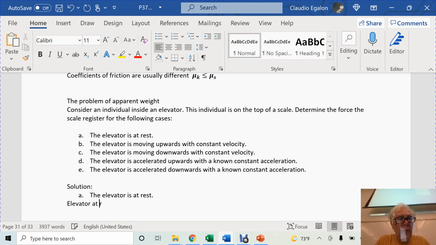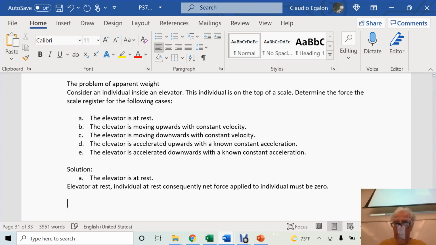Elevator at rest, individual at rest, consequently net force applied to the individual must be zero. There are only two forces applied